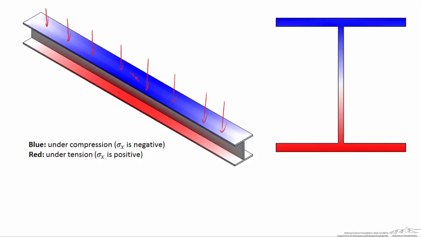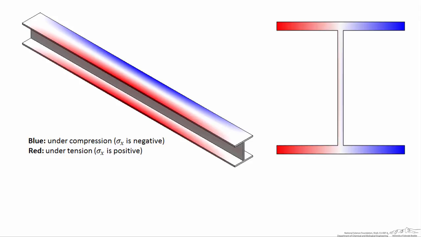When we look at the cross-section, I've cut a cross-section down the center of the beam where the bending moment is the greatest. And what we observe is that, again, the majority of the normal stress is supported by the top and the bottom flange. Areas of white means that there's no normal stress at all. We'll see an area of white down the neutral axis of the beam. So if you want to make something as stiff as possible about a particular axis, it's good to move as much material as you can away from the central axis. And this is why wide flange beams are designed the way they are. They're designed to support loads acting on the top flange.